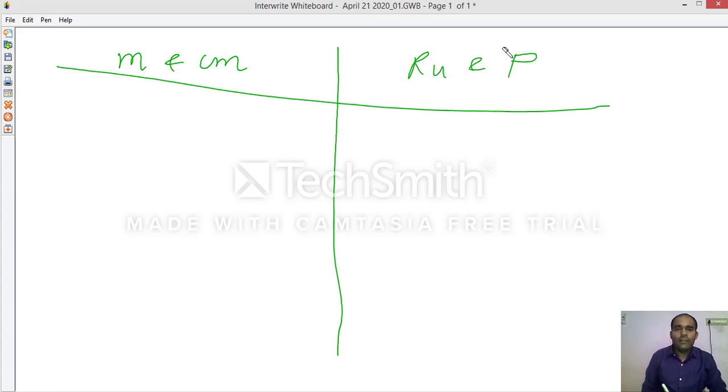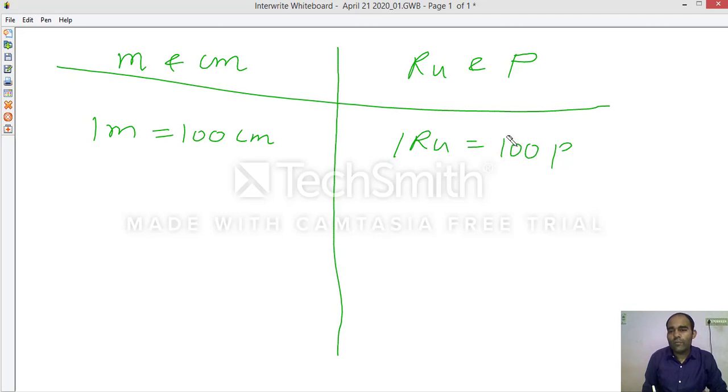These two units are 100 standard based. How? 1 meter equals 100 centimeter, that we have learned in the previous video. 1 rupee equals 100 paisa. So if you want to change meter to centimeter, we need to add only 2 zeros. If you want to change rupees to paisa, what do we need to do? We need to add only 2 zeros.